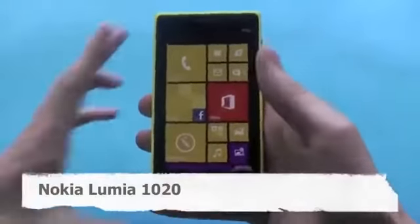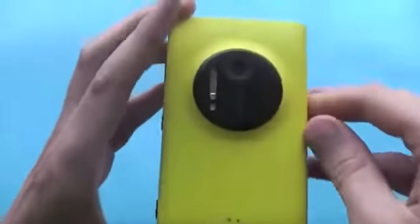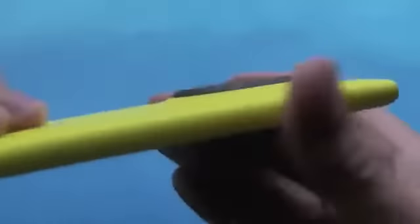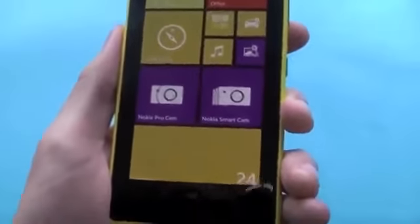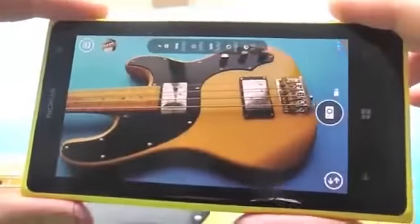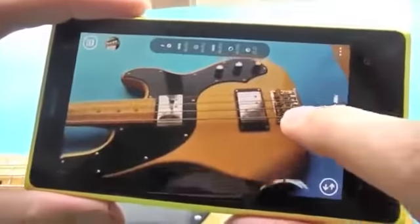So I'm here with a Nokia Lumia 1020, and it is one of the best camera smartphones on the market. I mean, just take a look at the tech on the back with this kind of raised camera module. So a 41 megapixel camera, there's loads of great hardware in there too. As well as that, you have loads of onboard software options to take great photos. Let's take a look. So as smartphone cameras go, the Lumia 1020 really does let you get the most professional